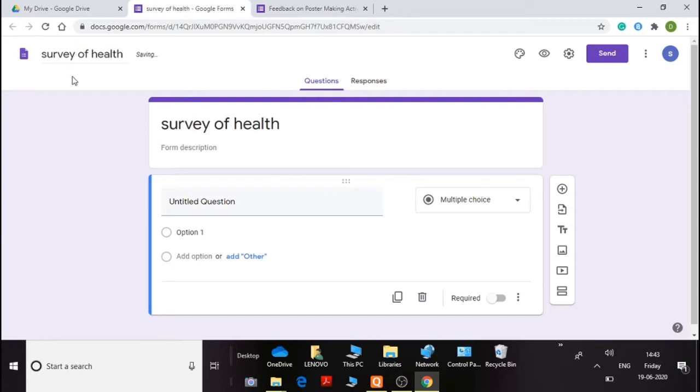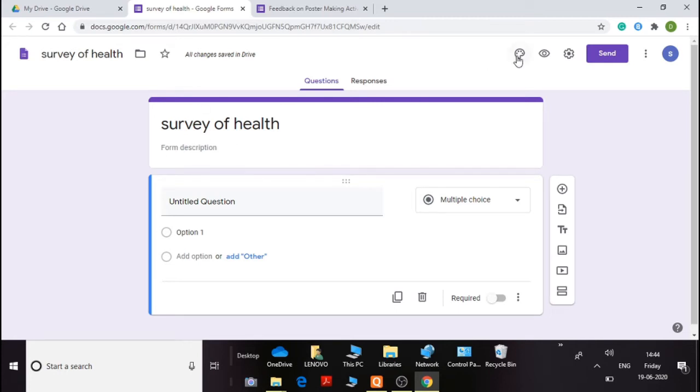Yes, as soon as you make changes here, you will find the changes in the title of the form as well. Now here you can see all changes are saved in Drive. Every change you make is automatically saved in Drive, and the last edit was some seconds ago. So no need to save every time.